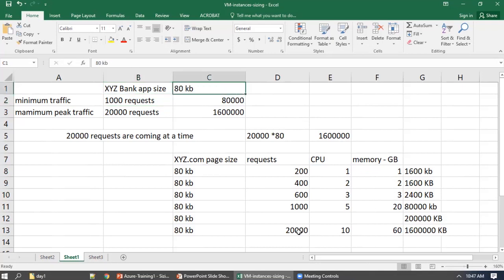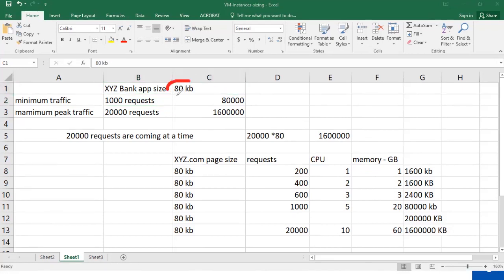With that size, you can discuss with your team and pull out the last 6 months of utilization, and what the minimum traffic was. So 1000 requests means an 80,000 KB load.